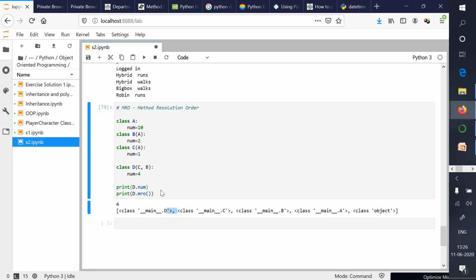Why? Because D has the highest preference. If D doesn't have that information, let's say D is pass, then second preference is given to C. Now because C has 1, you can see we have got the output as 1. If C also doesn't have that variable, so let's pass from C side also, then B's version would be called. Now if I run, I'll get output 2, which is the value specified to this variable by the B